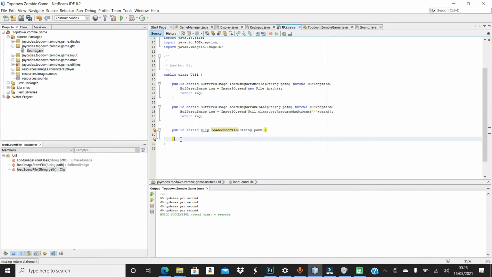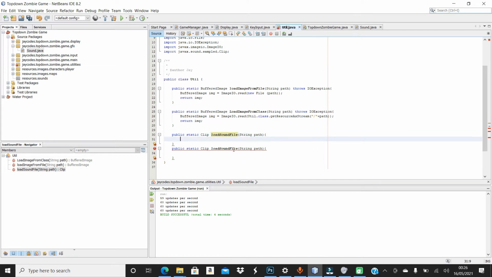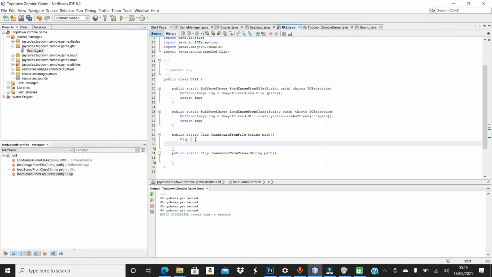And let me just copy this and paste it there, and just import that from file, and name this from class. Clip C, return C, all the stuff, and same stuff here. Return C,